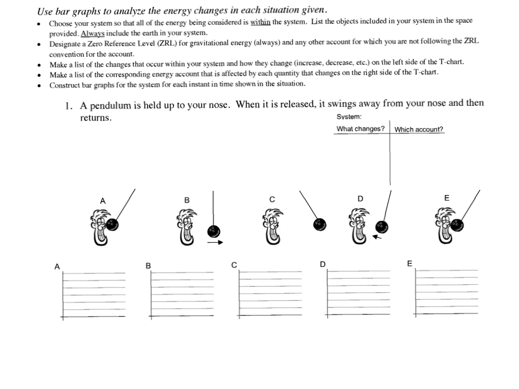This is number 1 on Unit 0, Worksheet 5. We have a pendulum held up to your nose. When it is released, it swings away from your nose and then returns. So, I think first, in order to have an isolated system,